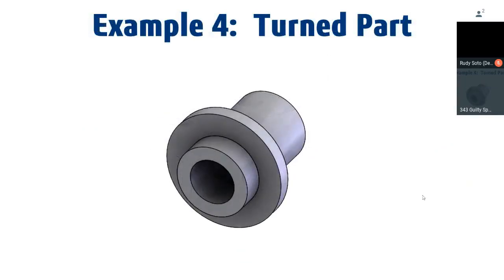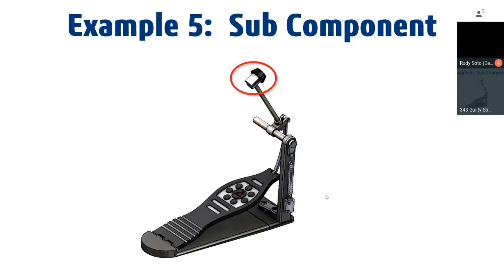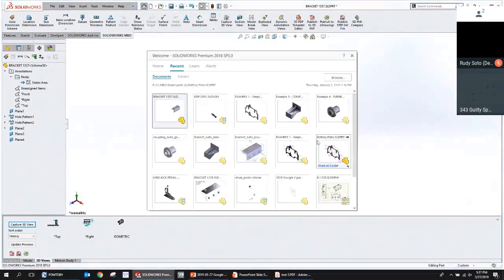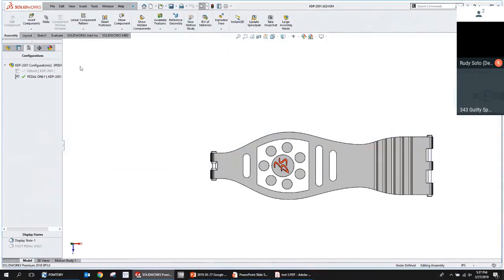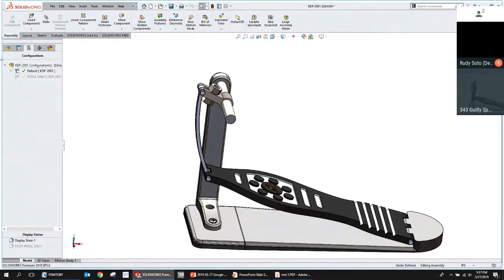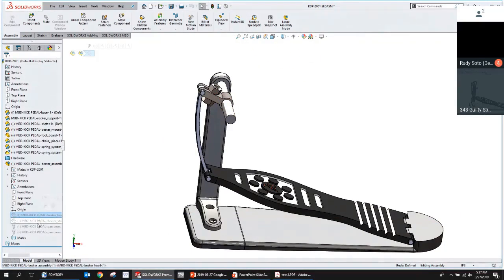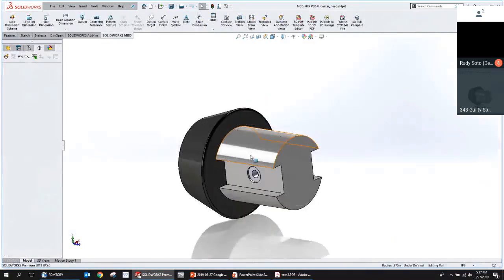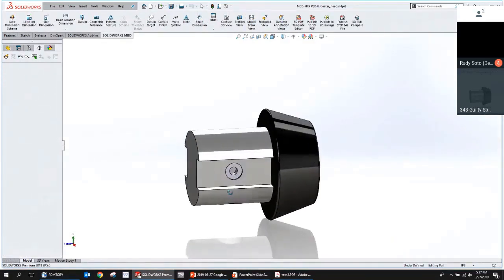So, you kind of see the gist of how this all works. Sometimes you have parts that are a little more complicated, where you have to do more manual steps rather than having it all automated in one shot. For example, if we were going to do just the beater of the subassembly, we might have to manually create some of these dimensions.